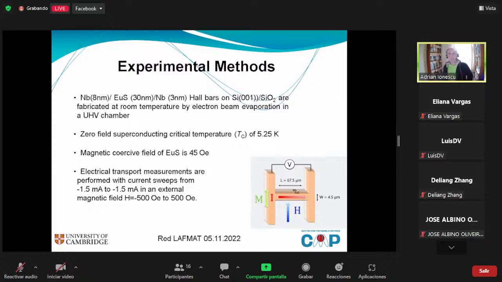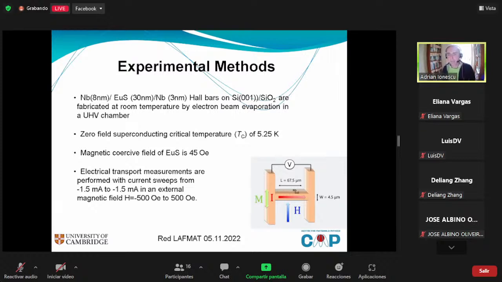Then we measured the critical temperature of this stack to be about 5.25 Kelvin. I think this is limited by the thickness of the niobium used. We measured the coercive field of europium sulfide to be about 45 Oersteds, and then we processed this into Hall bars, which are shown at the bottom. You see there a schematic which shows the layers, the niobium in orange, and slightly paler the europium sulfide. Then we pass a current through this Hall bar in the direction of the red arrow,